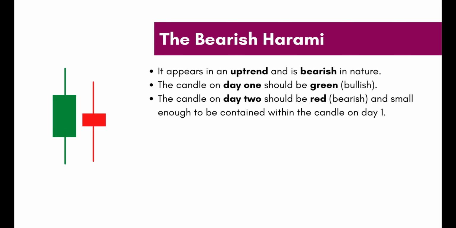The bearish Harami is a bearish pattern which appears in an uptrend and provides the traders with an opportunity to short the stock. The thought process behind the bearish Harami is that the market was making new highs in an uptrend as the bulls were in absolute control of it. On day 1, the market again made a new high and formed a green candle, which confirmed the bullishness in the market. However, on day 2, the market unexpectedly opened lower than day 1's closing and displaced the dominance of the bulls. With panic set in, the market continued to trade lower, which resulted in the market closing in red on day 2.